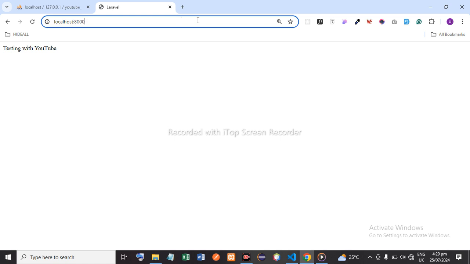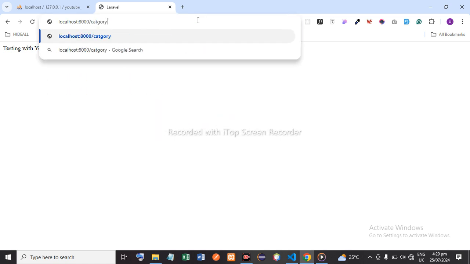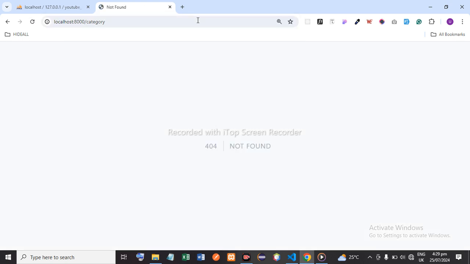So let's try maybe category, and let me spell that correctly. Because its index is the first file, it should just show without any other thing. So it's not yet found because we've not defined the URL for it. The next step we'll take would be to define a URL for that file in order to link it, to route it properly. So what we'll do now is add that URL to our